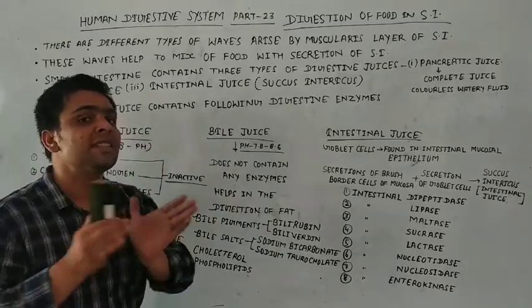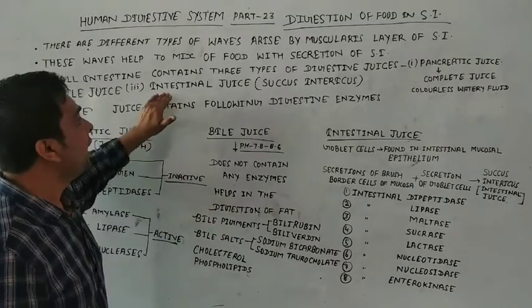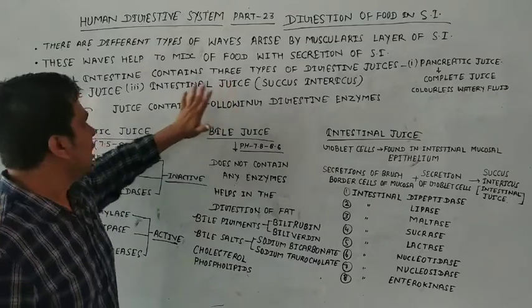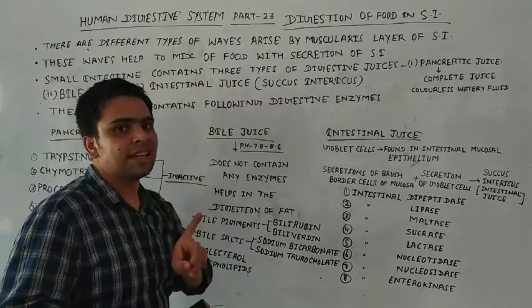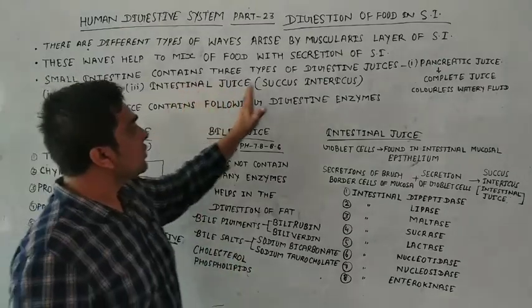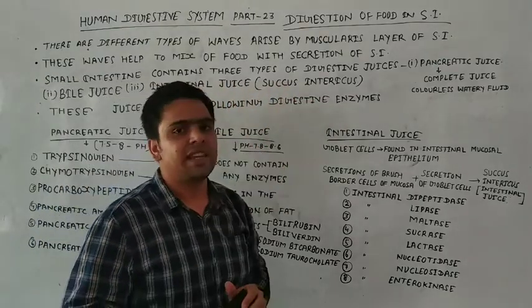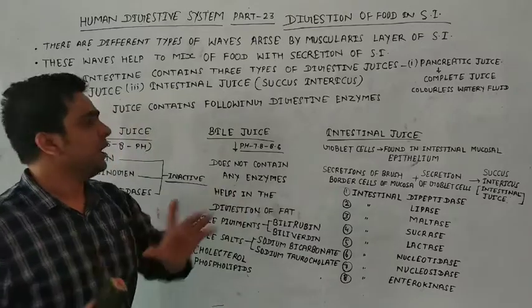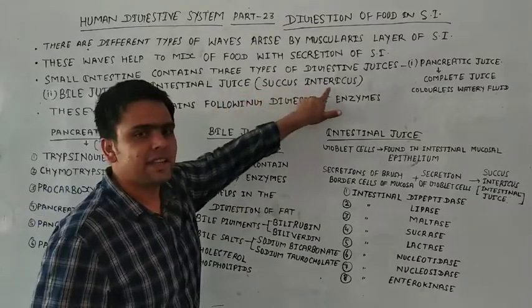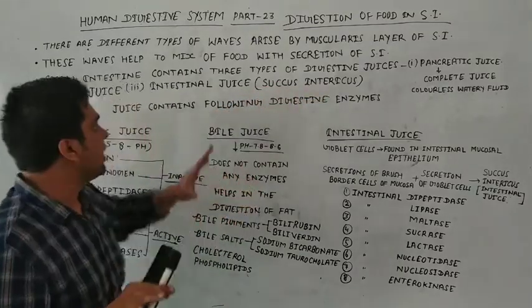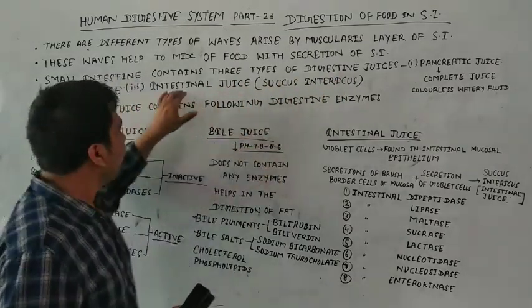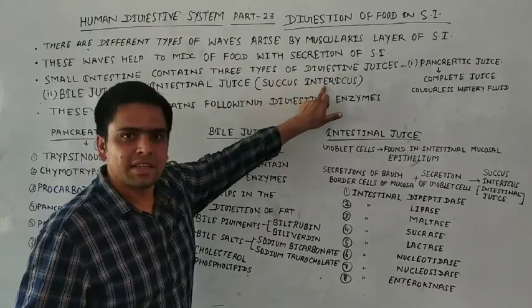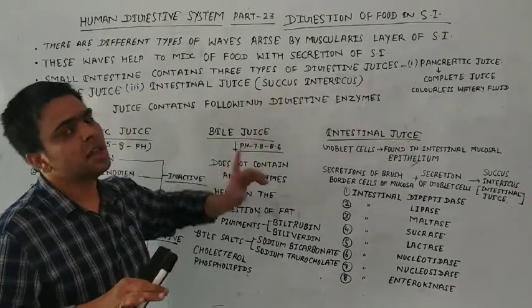So the juice which is secreted by the intestine is called intestinal juice. Intestinal juice is also known as succus entericus. So don't be confused with the names intestinal juice and succus entericus. The technical name of intestinal juice is succus entericus, and why it is called succus entericus we will discuss